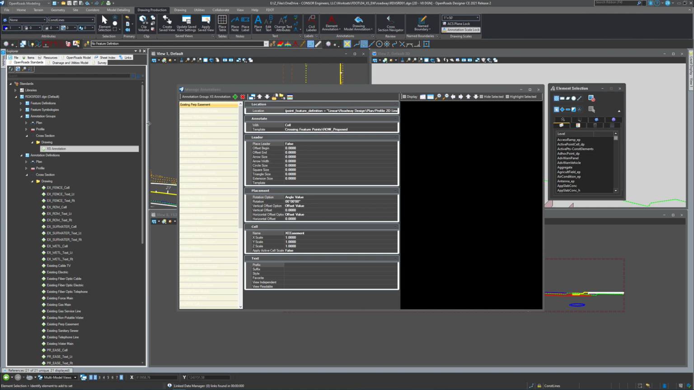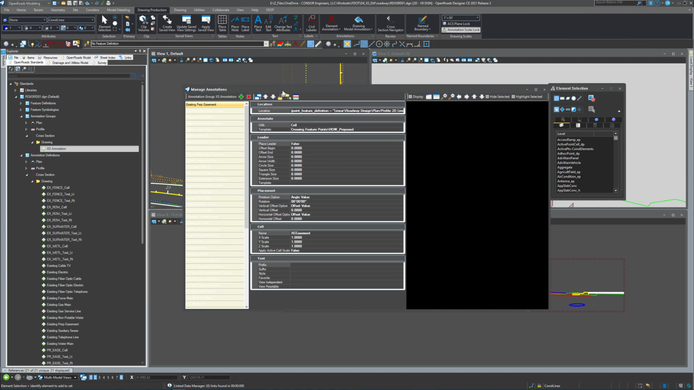So I've built my own annotation file. I started this project in 10.07, so I had to do a little bit of work to get the cross-section annotation working properly to begin with. FDOT has clearly done a lot of work since 10.07 to get these working a lot better, so that's looking good. But now that we have those annotations here,